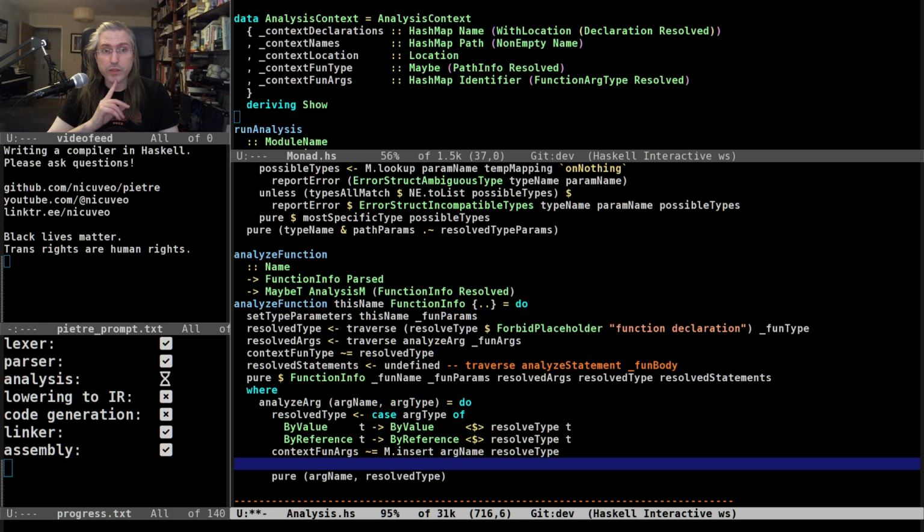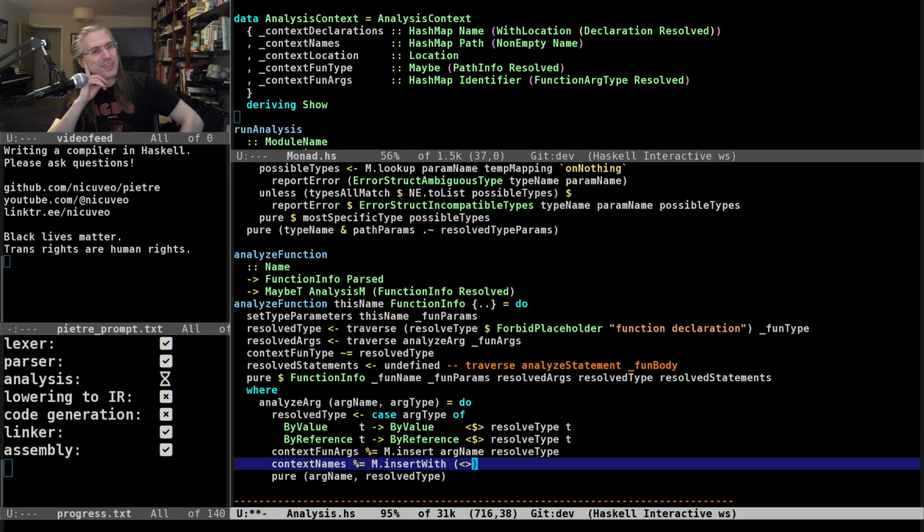So that's the definition, for a given name, that's the thing, but I also need to add it to the list of names so that all of my resolving functions work, and that would be adding it to the context names, doing this operator actually. Oh, there we go. I'm gonna insert with